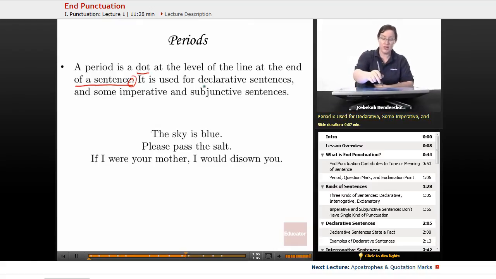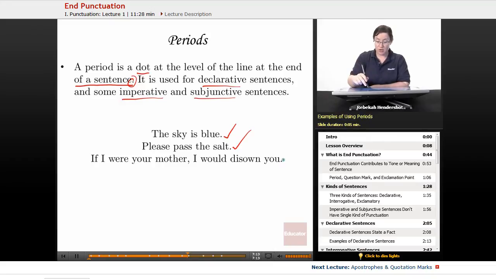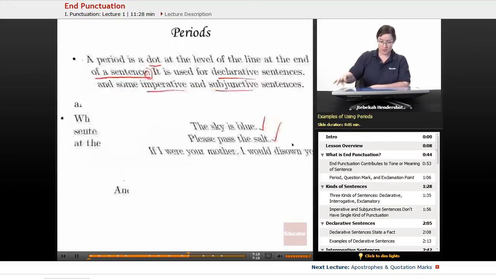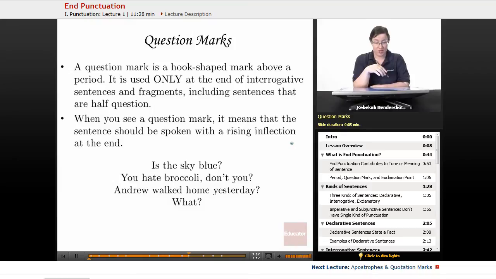It is used for declarative sentences and some imperative and subjunctive sentences. The sky is blue. Please pass the salt. If I were your mother, I would disown you. All right, question marks. A question mark is a hook-shaped mark above a period. It is used only